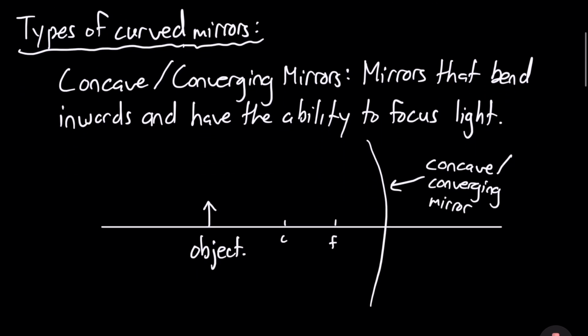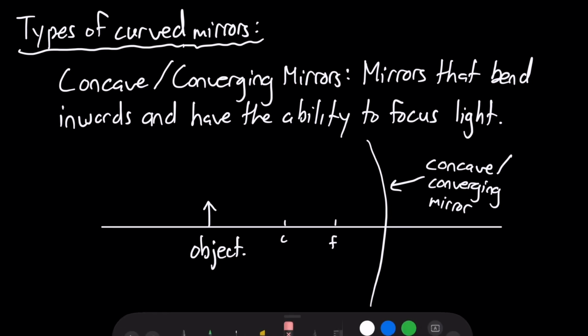So first, before we start drawing these ray diagrams, we have to recognize what types of mirrors we're using. So they will be curved mirrors, but there's two types we're going to talk about today. So the first type, we have concave or converging mirrors. Whenever you hear concave or converging, they mean the same thing. Okay, so concave and converging mirrors, they are mirrors that will bend light inwards and have the ability to focus